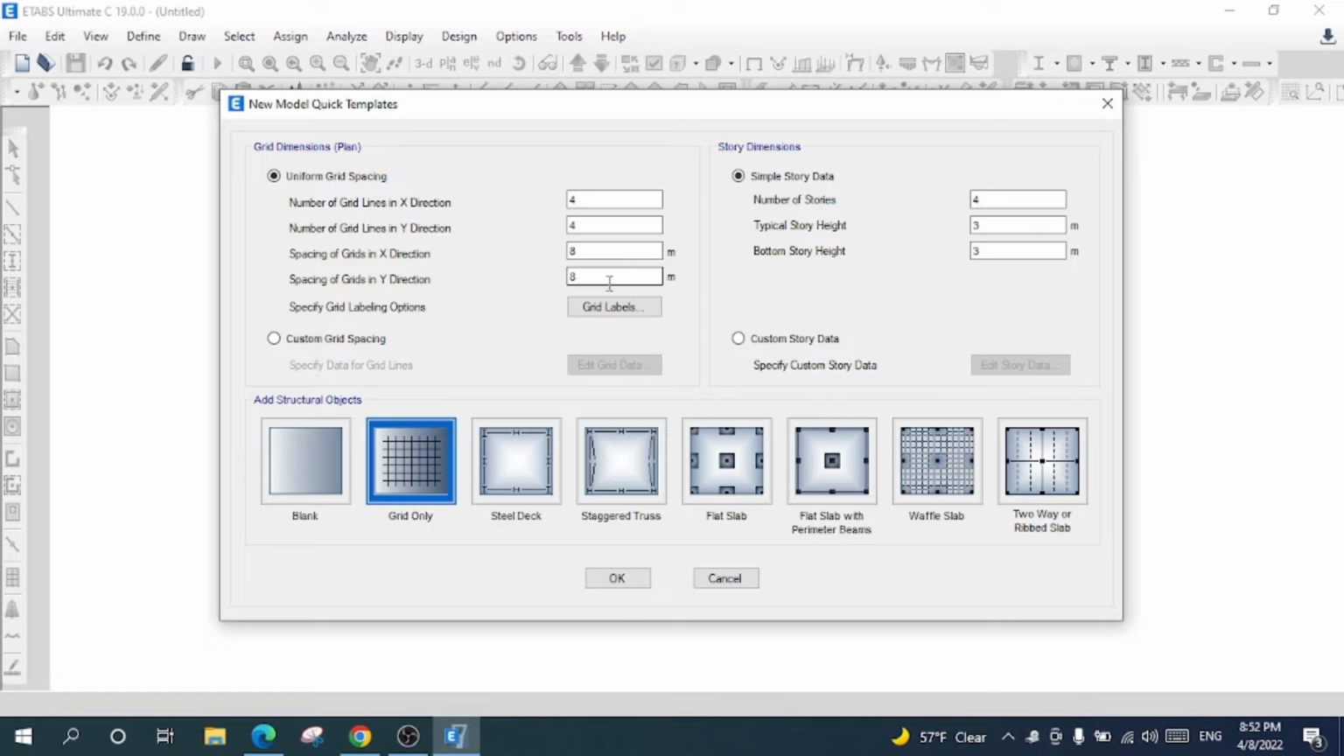Look here, new model template. In the model templates panel I will use 7 grid lines in the X direction, and 7 in the Y direction. The spacing of grid lines in the X direction will be 4 meters, and the spacing in the Y direction will be 5 meters. Number of stories will be 6, the typical story height will be 3.3 meters, and the bottom story height will be